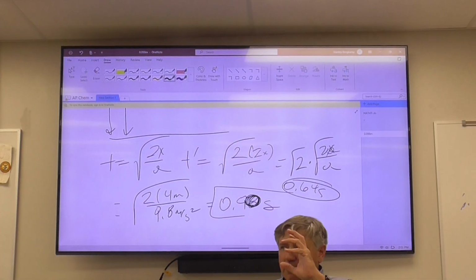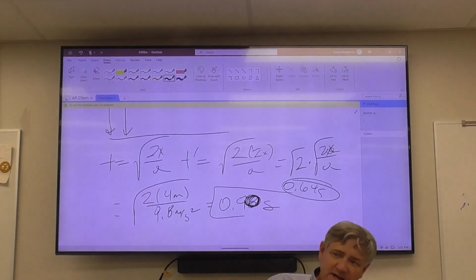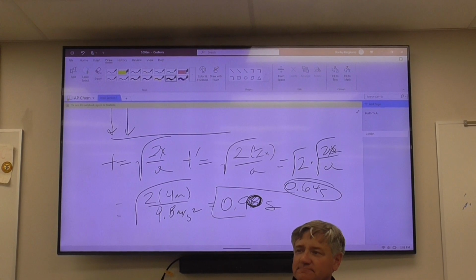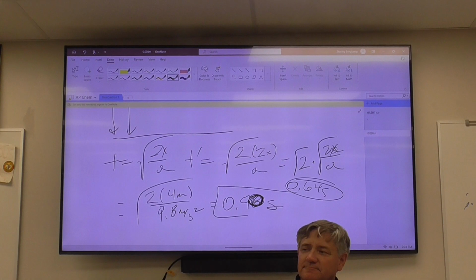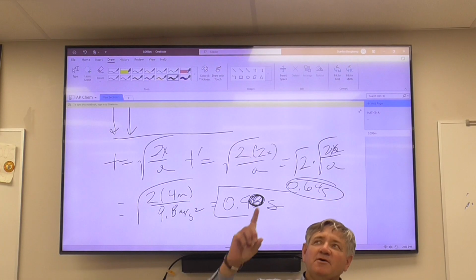What's going to take longer to fall, the first 2 meters or the second 2 meters? Deacon? First two. Why? Because the acceleration doesn't change, but the velocity increases, and it's getting greater as it falls. Okay, that's true. But,